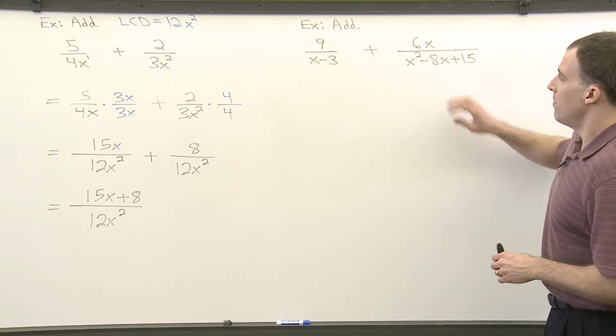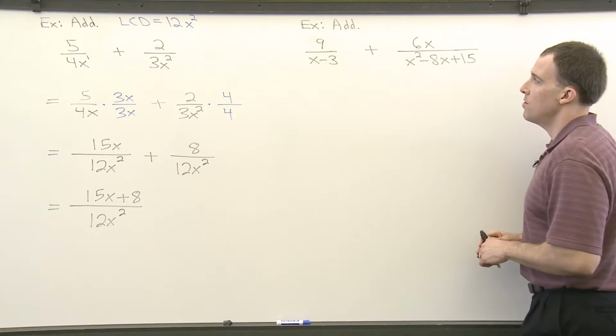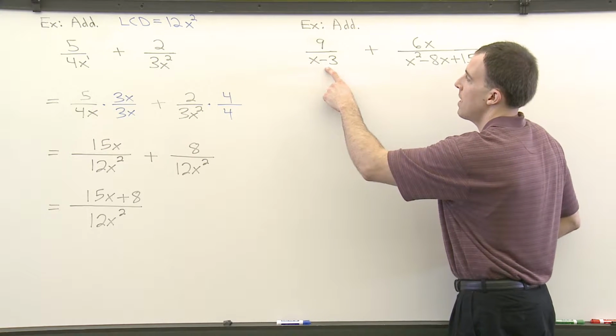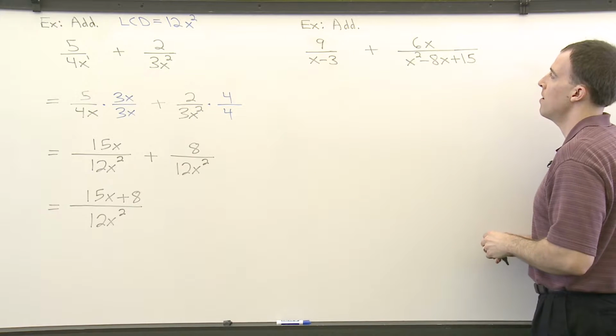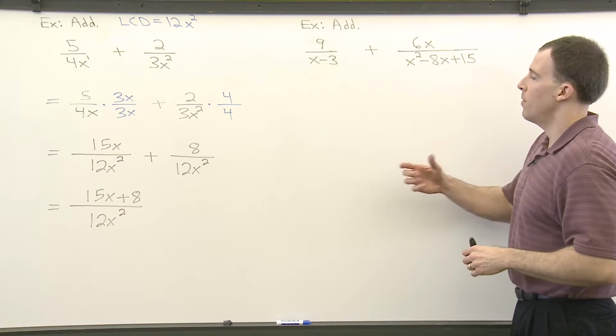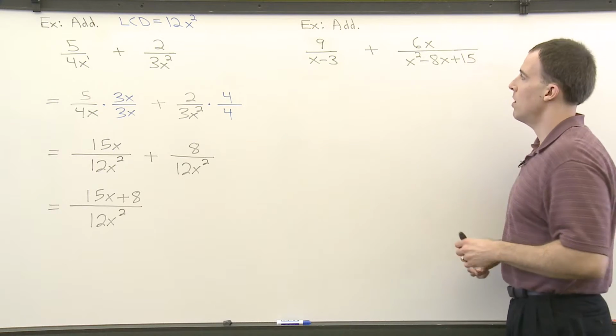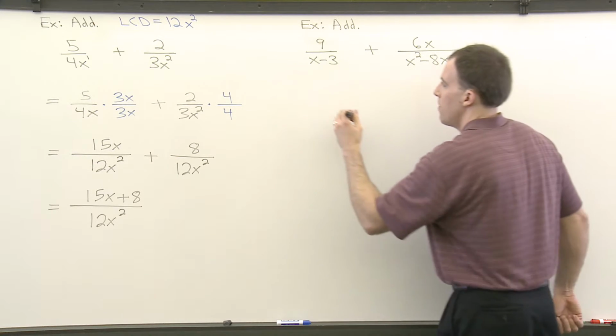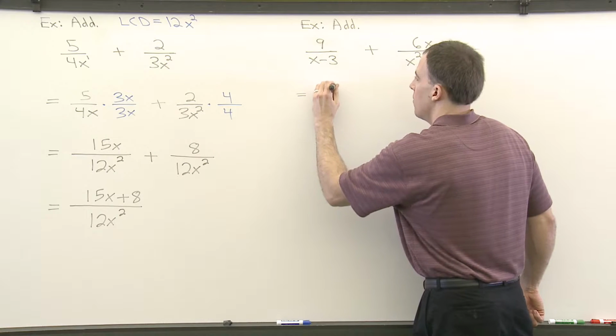Here's a second example of adding two fractions with different denominators. In this one we've got 9 over x minus 3 plus 6x all over x squared minus 8x plus 15. The very first thing to do is to factor both denominators completely, if necessary, and the second denominator needs to be factored. So we've got 9 over x minus 3